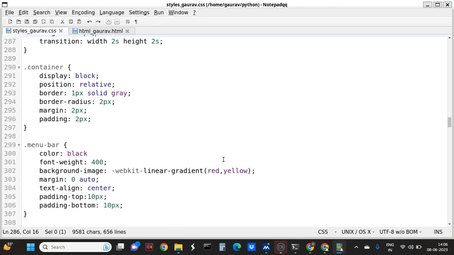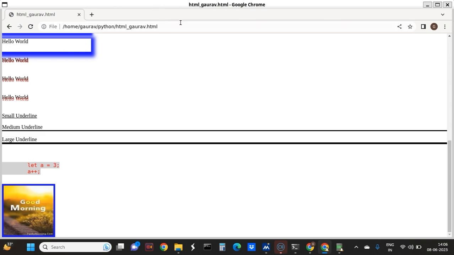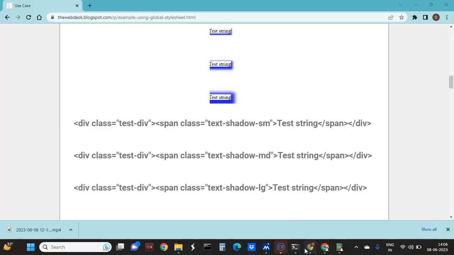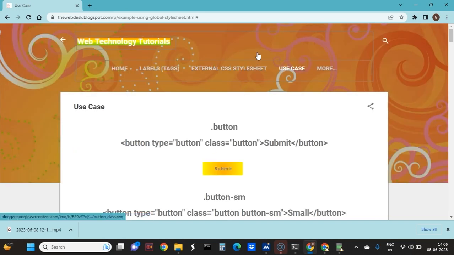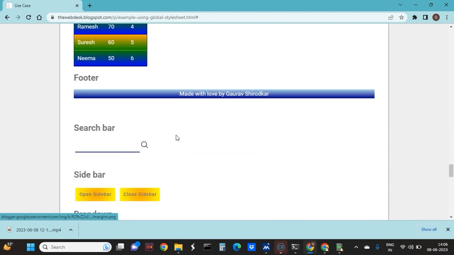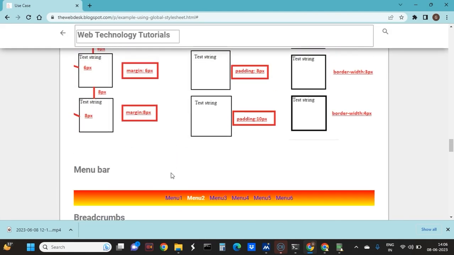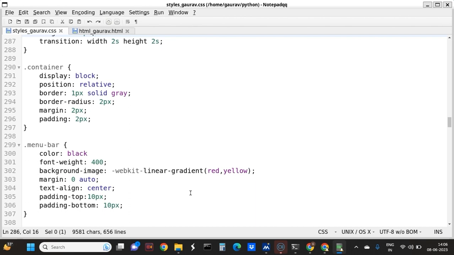So now we move to menu bar. Menu bar is nothing but a list which has no list style. It is horizontal, like you can see here. You can see here that it has no list style. This is just using a style sheet. So now you can see this is the menu. The code for the menu is menu bar. So the menu bar font should be